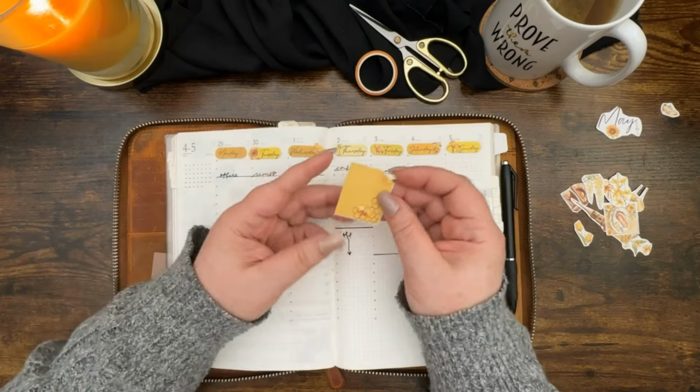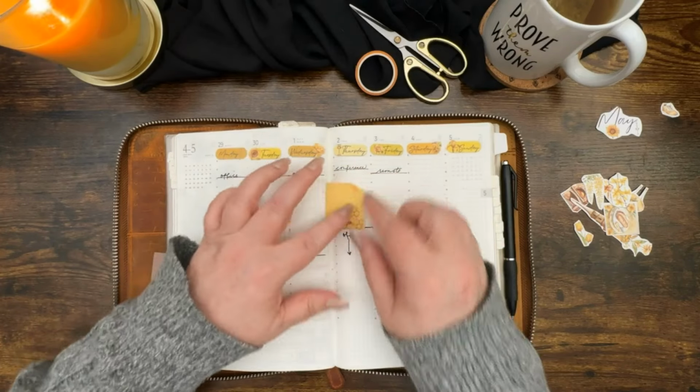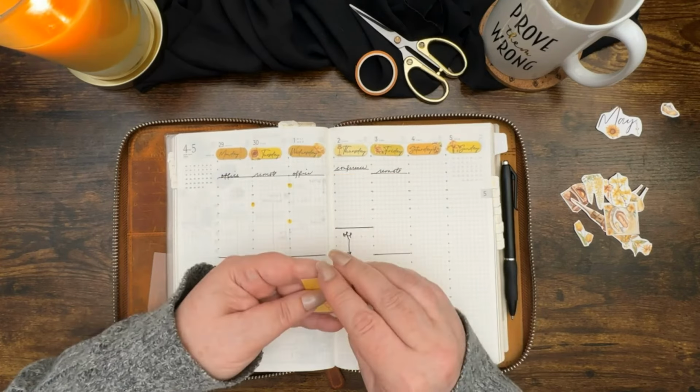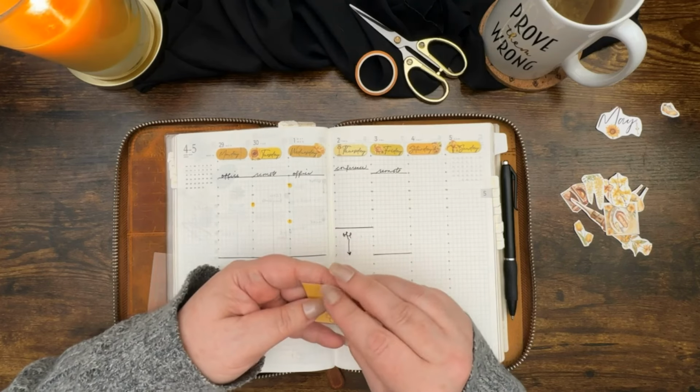This is from my kit. It was square, so it was Post-it size. I've trimmed off one edge so that it'll fit here in this corner. I'm just going to put that there and write leadership summit on it as an indication that I am at